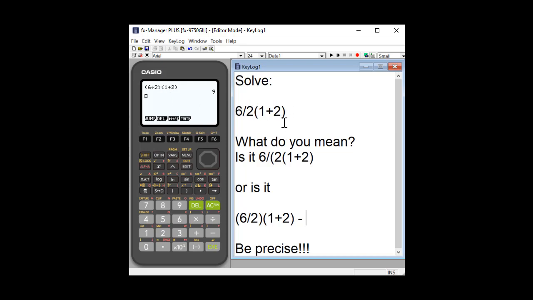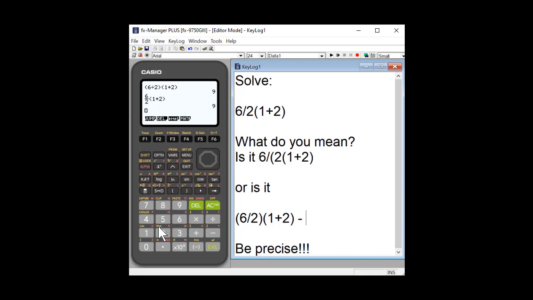When you're doing this with students, you as a teacher or the textbook and assessment should be precise. Another thing is if you actually did mean the 6 and the 2 to be together, to be grouped, you should be using, if the calculator has it, and which all Casio calculators do, the template. So instead you could have done 6 divided by 2 and shown that this is the grouping that we want, and then we want it multiplied by the 1 plus 2. So that's another option.